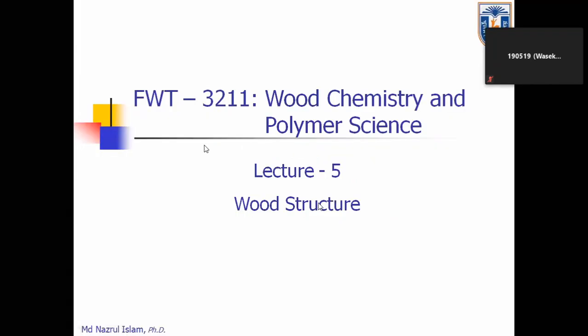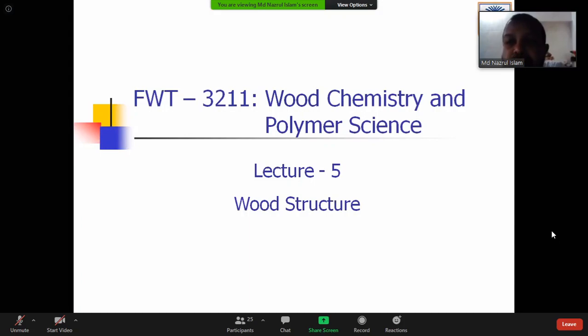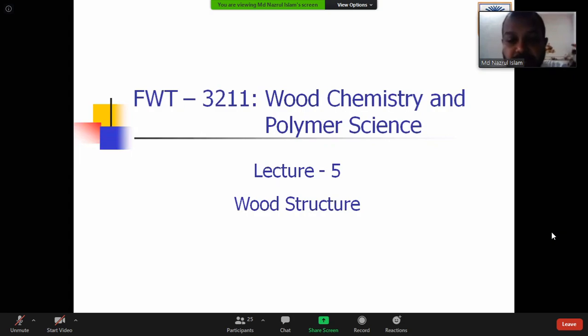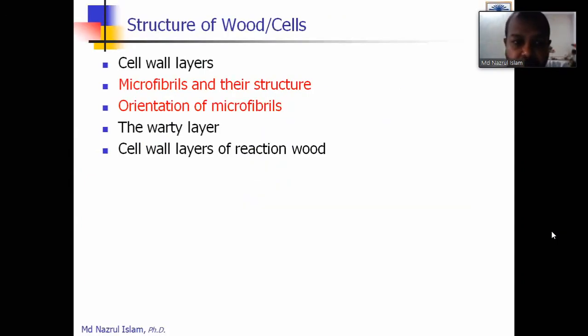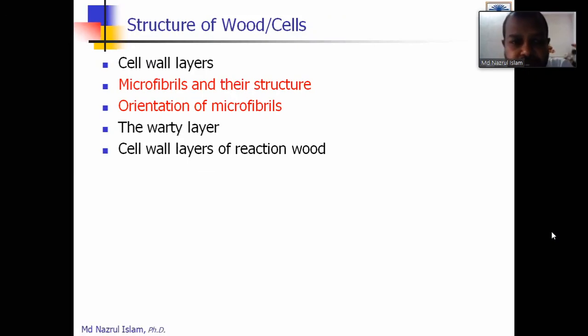Okay, so until the last class, we were discussing the structure of the wood. So our target is to move towards the molecular structure. Still, today we will discuss the molecular structure, and you will see the structure of woods. So we have discussed the different cellular layers and their position in different chemicals, their position in the cell wall.